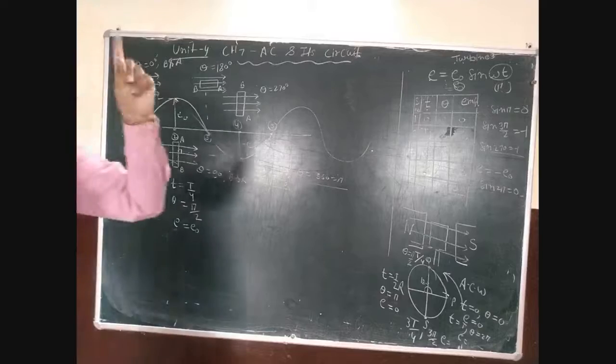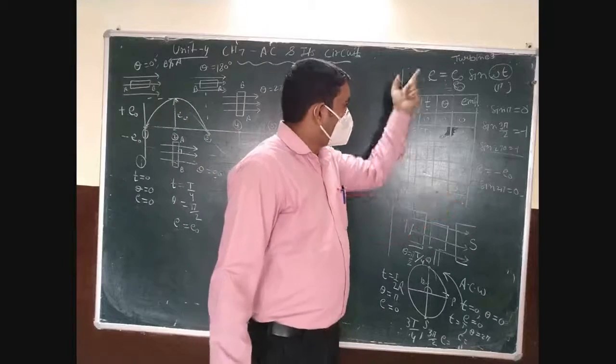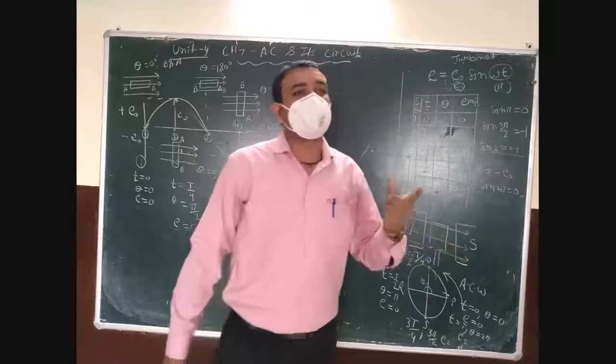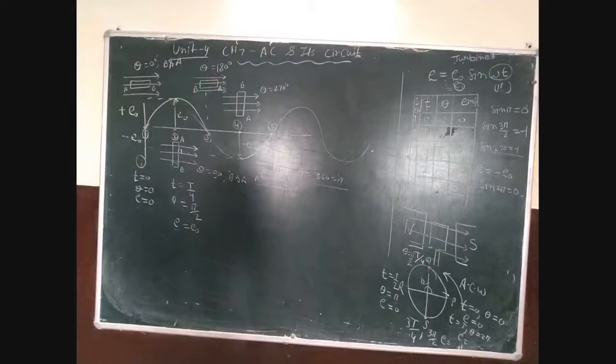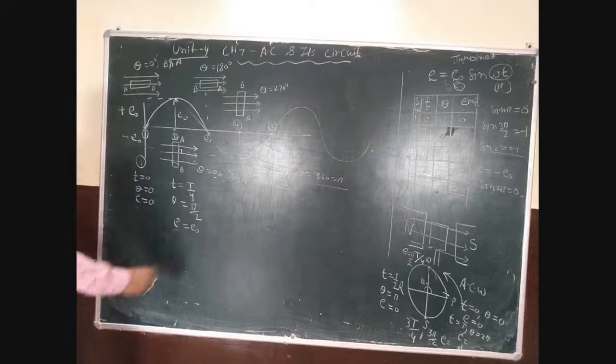You need to make a mind map for these values of the AC. Okay? On which time, which phase the result is positive, on which time, which phase the result is negative, and for which phase or time the result is zero. This is important. And some important concepts about this AC.